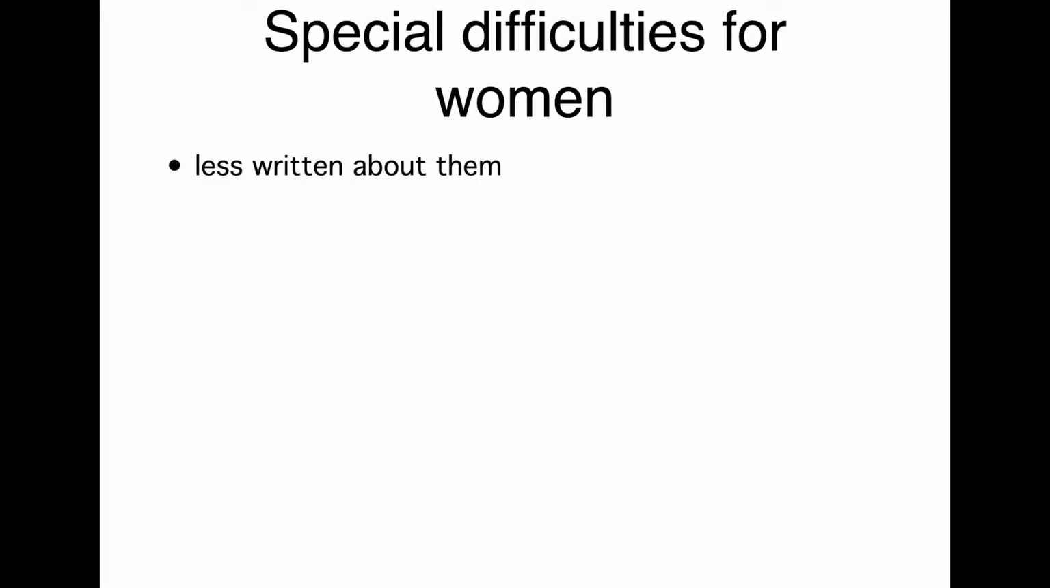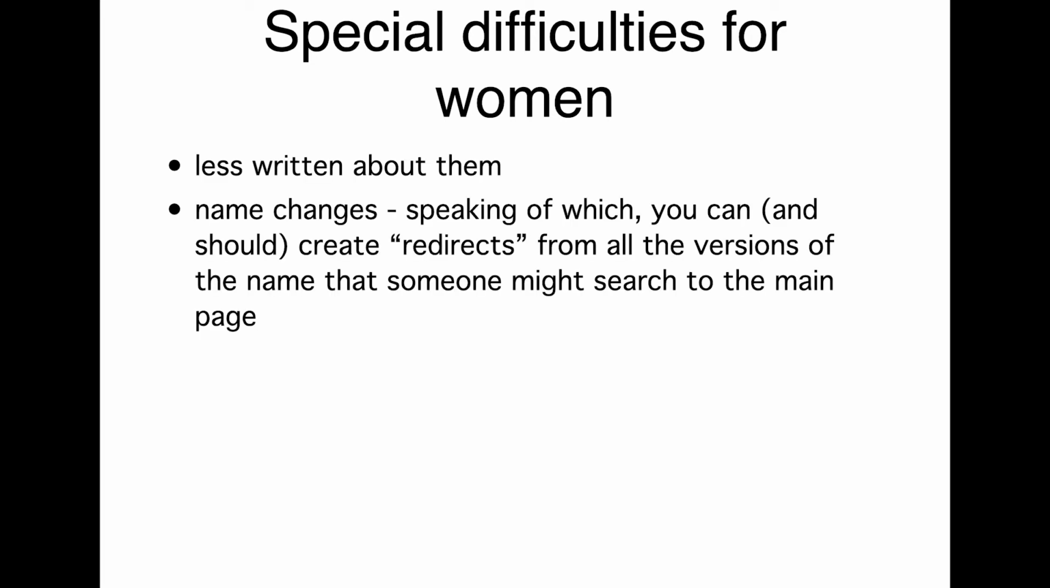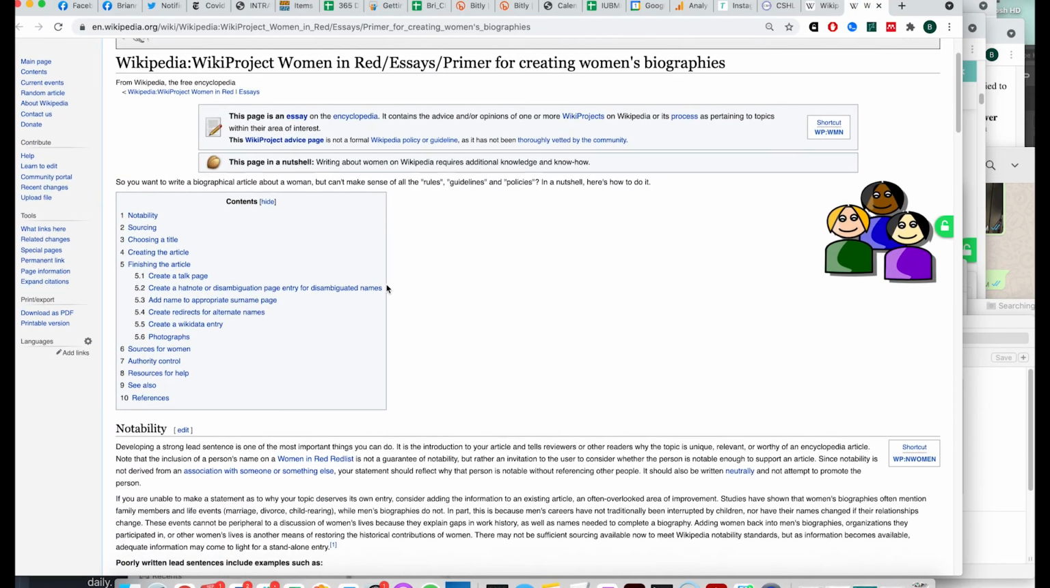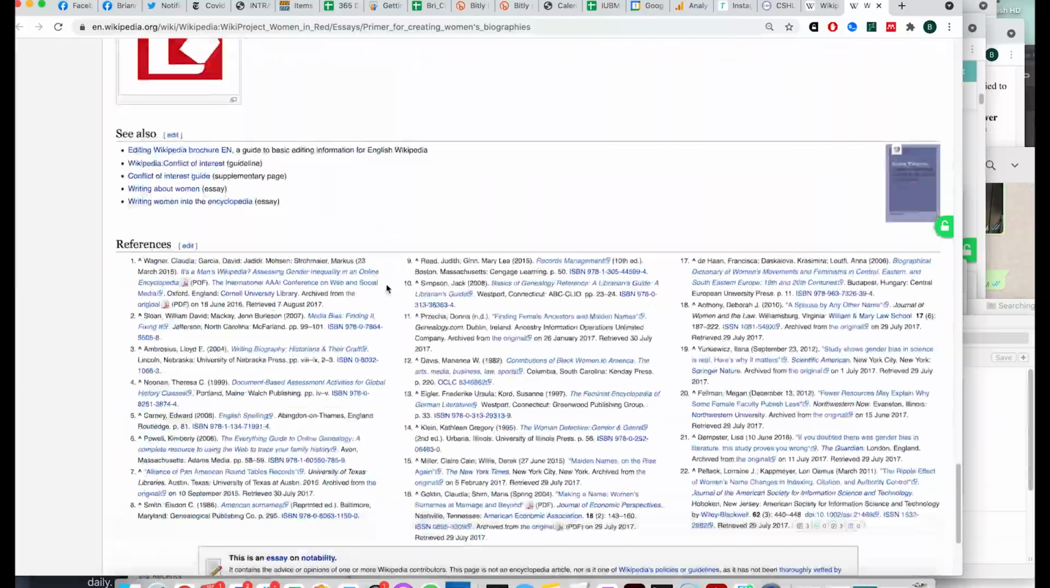Okay. So, special difficulties for women: there's less written about them, and there are name changes. It's really important, because when women marry and change their last name, someone might search for either name. So you can create redirects from all the versions of the name that someone might search to the main page. Basically you make a dummy page that then redirects. There's a lot of great information at WikiProject Women Read. They have a whole primer specifically about